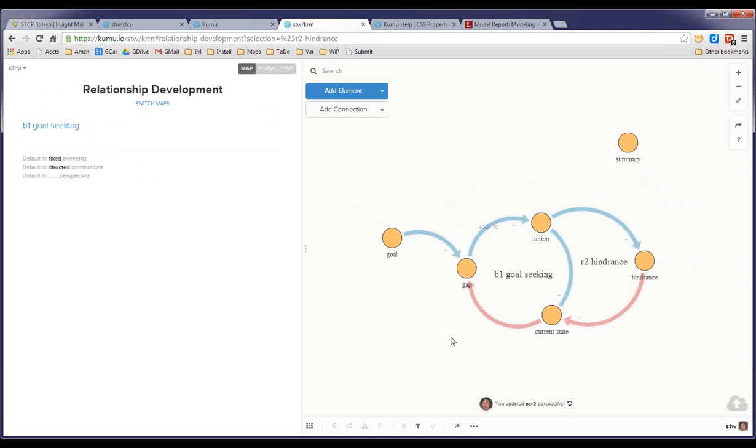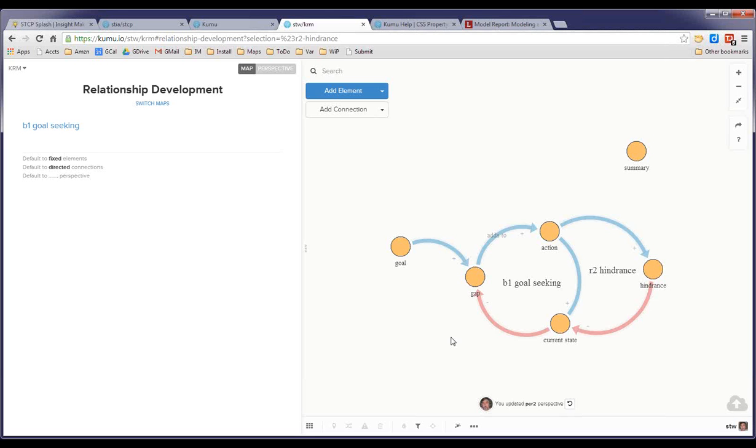And that's why I think standard style sheets would make it easier for people to read maps that others have created. I can see a standard style sheet for causal loop diagrams. Someone asked, and I also figured out how to do